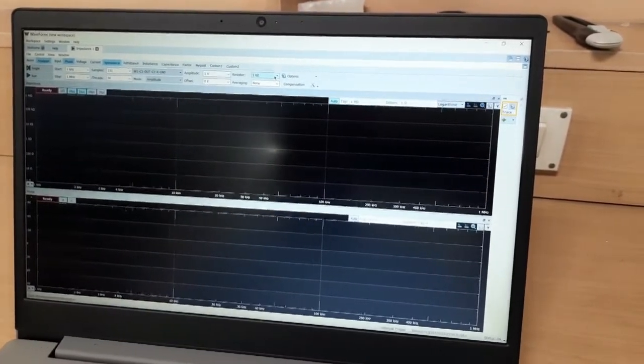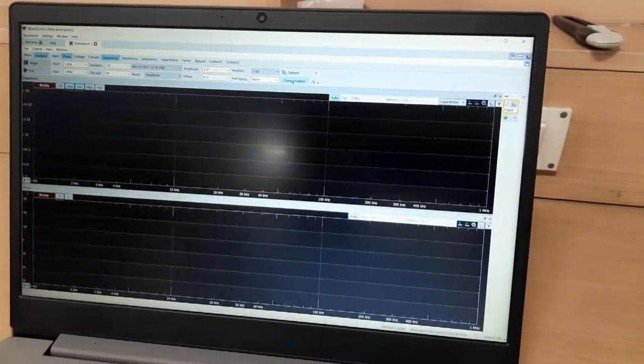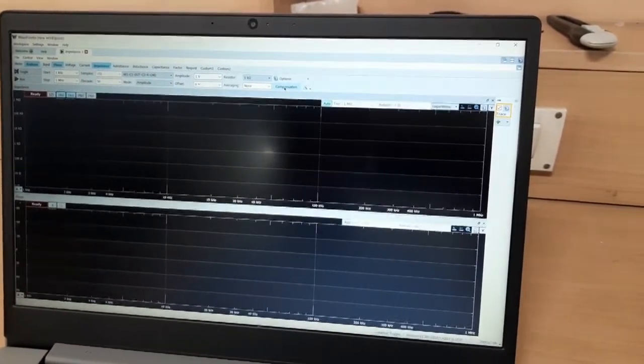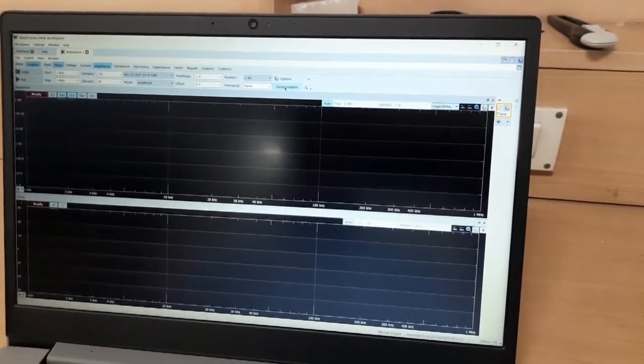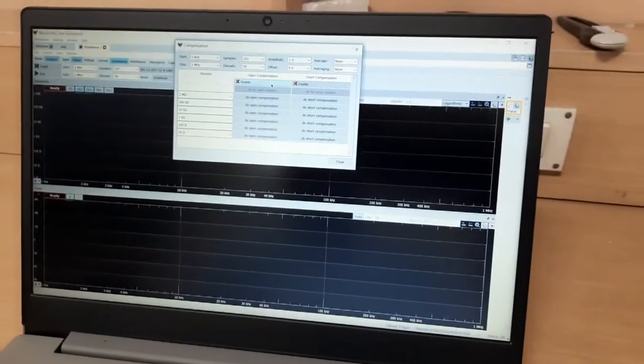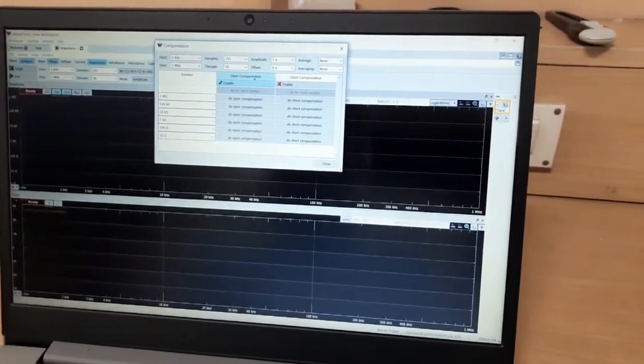Then the most important thing, that is compensation. Before going to the test, we have to do the compensation first. So let me click here on compensation, then put it enable. See, this is the open compensation.